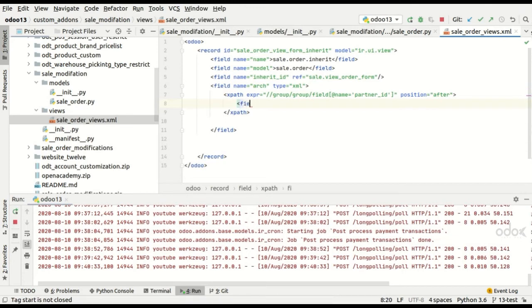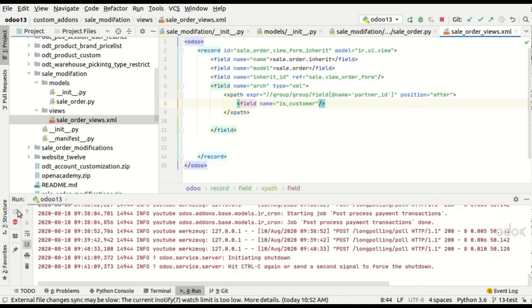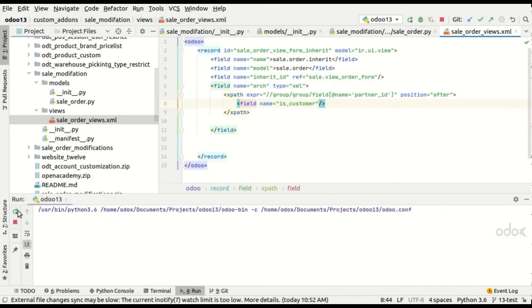Then I'm going to give my field name, is customer, here. So this is the very basic way to give the particular field. Now let's run the file and go back and check.